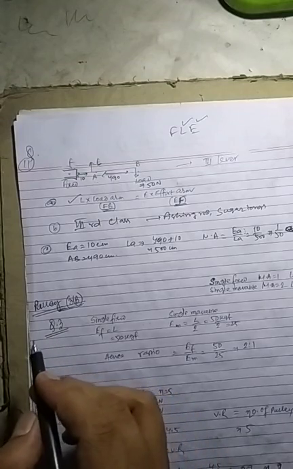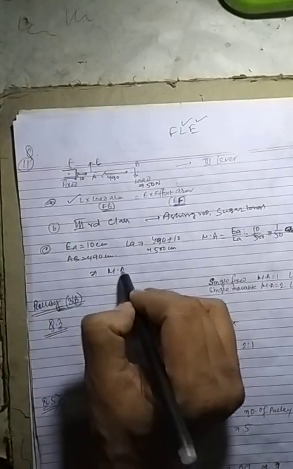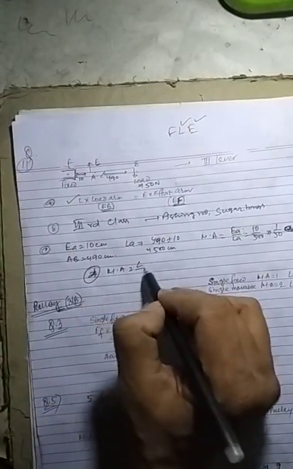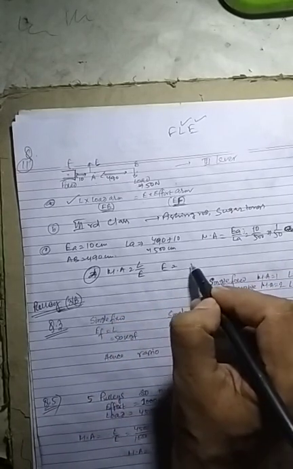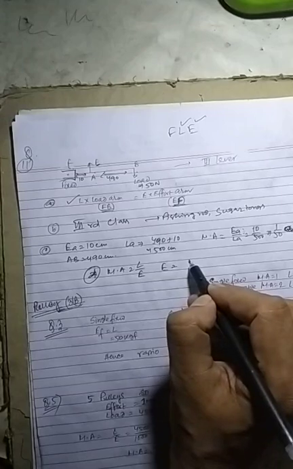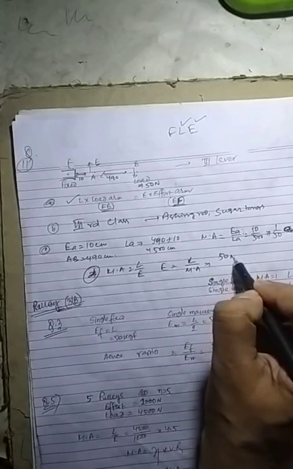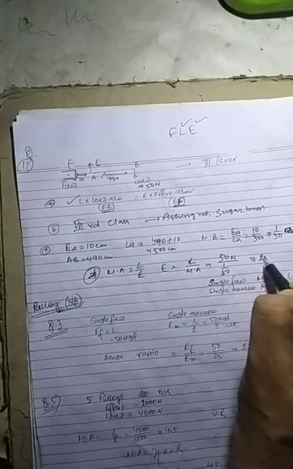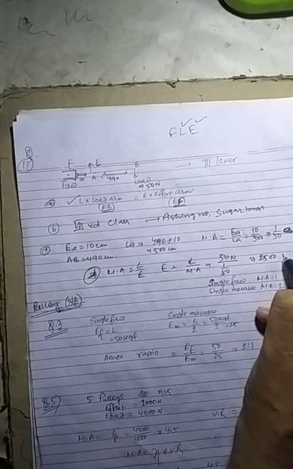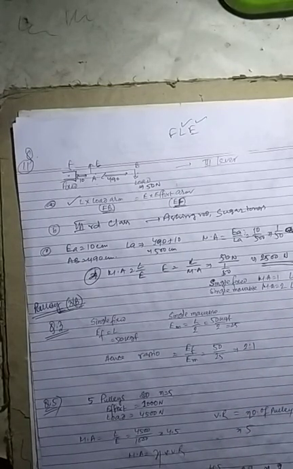After that, question D: the minimum effort required to lift the load of 50 Newton. That will be load by mechanical advantage. So minimum effort means E will be equal to L by MA. Load will be 50 Newton divided by mechanical advantage 1 by 50. So 2500 Newton. Okay, that will be the answer. Very easy question, students. Very easy.